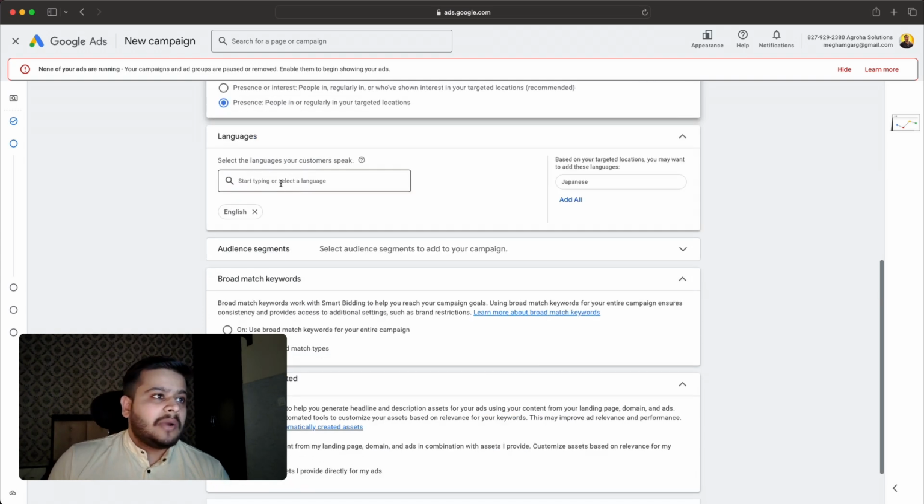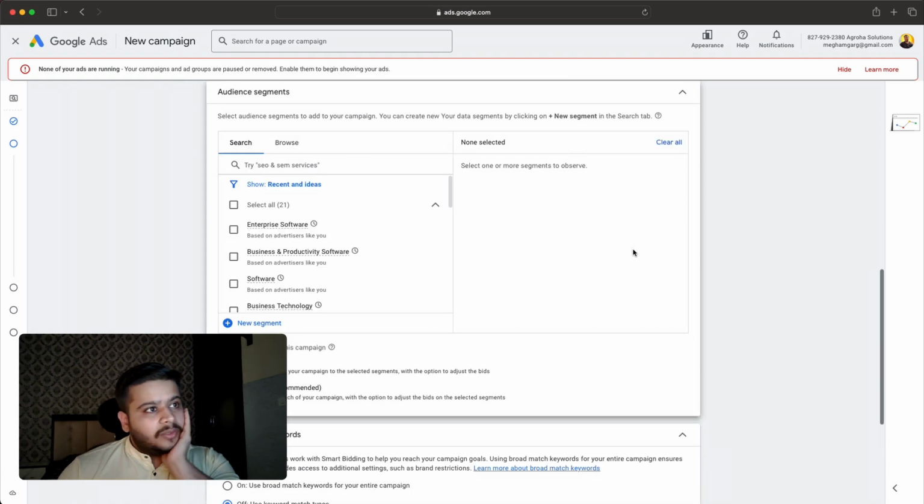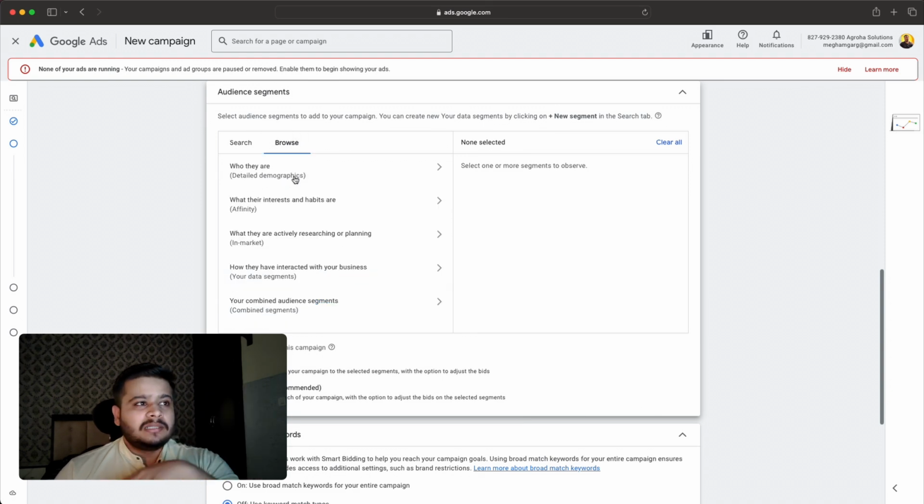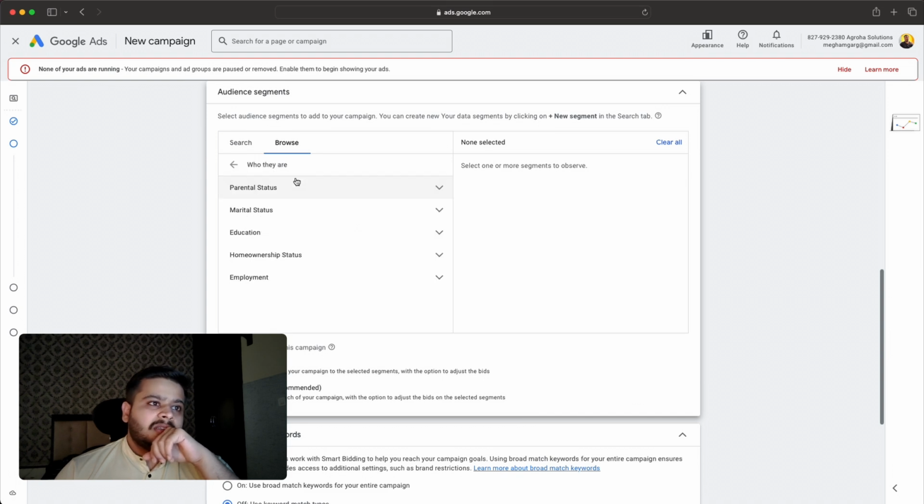Now you select the languages that your customers speak. The next thing that you can do is you can target your user or customer persona. So for example, you may want to go with browse. I usually define my customer persona from the browse tab. So first we'll select their demographics. For example,